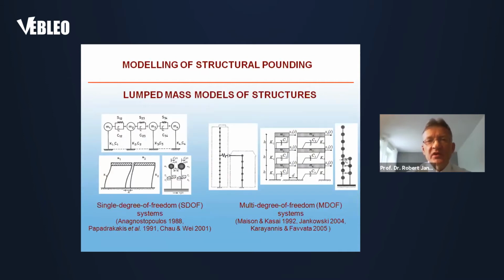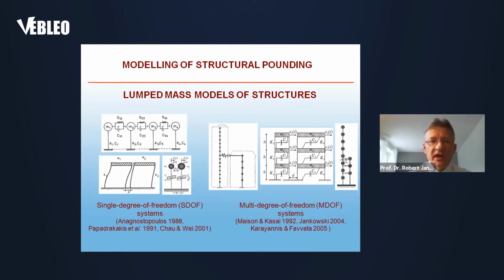Different types of structural models as well as models of structural pounding are often used to model the phenomenon. The simplest one is to simulate the structure as a single degree of freedom system, as can be seen on the left side of this slide. That simulation might concern, for example, single-story buildings, or in some cases, superstructure segments of longer bridges. On the other hand, in the case of a multi-story building, we can create multi-degree of freedom systems, also with the mass lumped at the floor level.